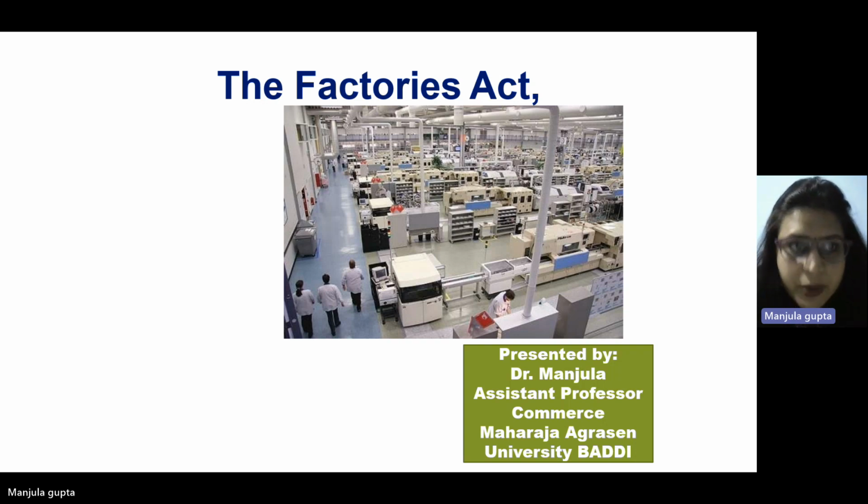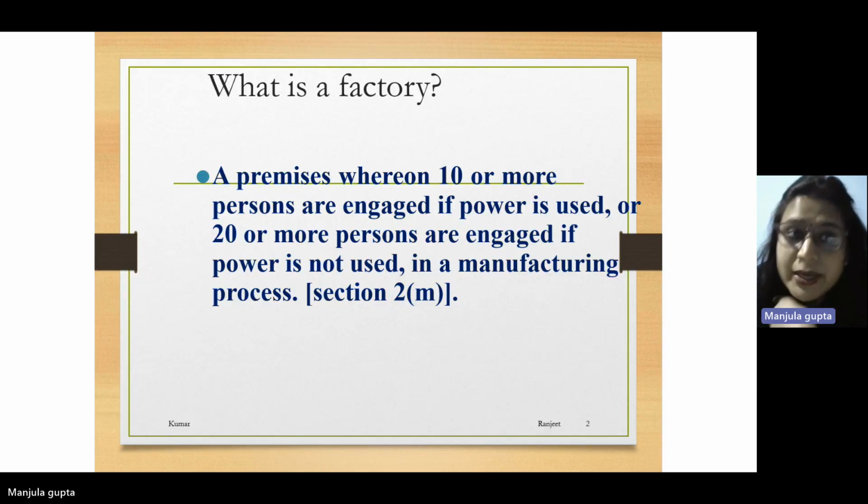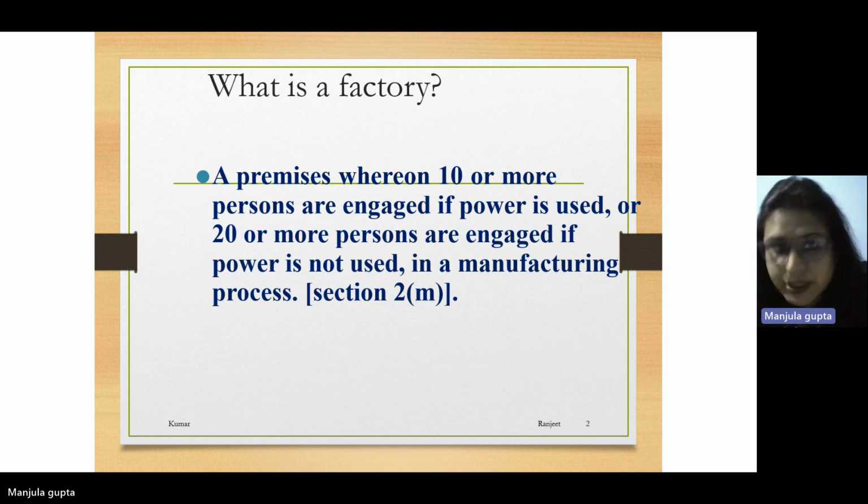So I'm starting. What is a factory? A premises whereon 10 or more persons are engaged if power is used, or 20 or more persons are engaged if power is not used in a manufacturing process, under section 2(m). Now next is